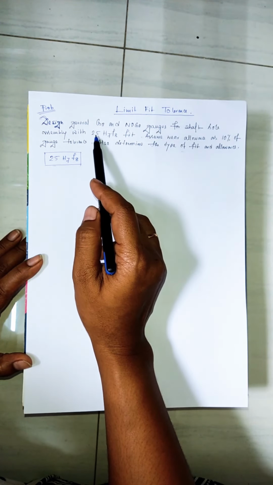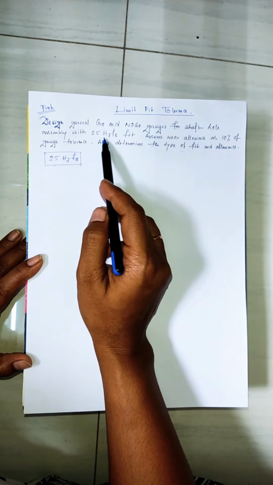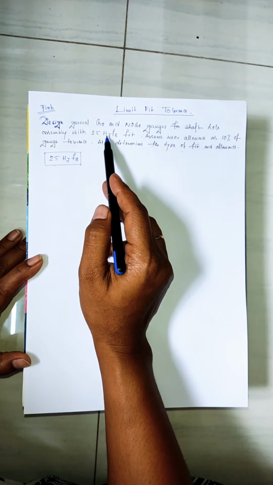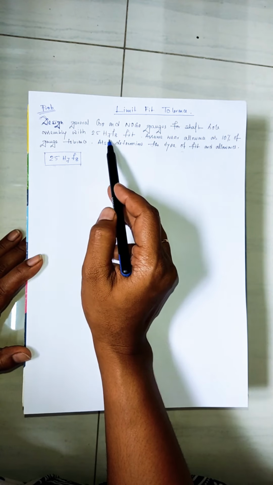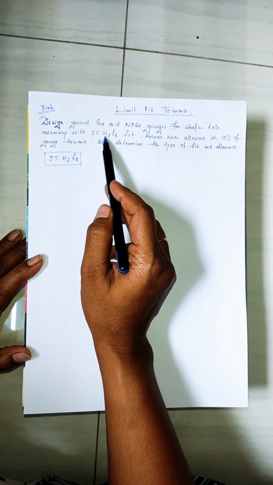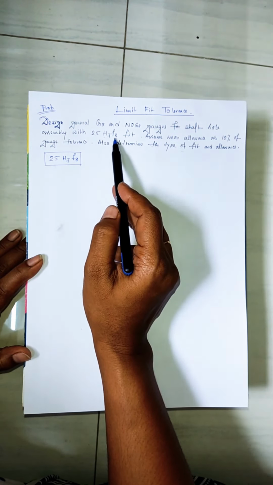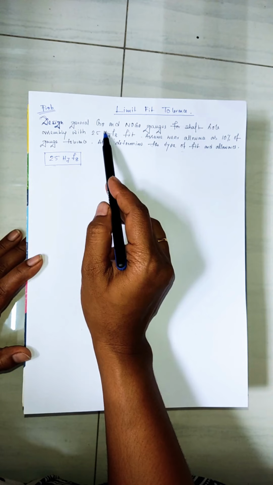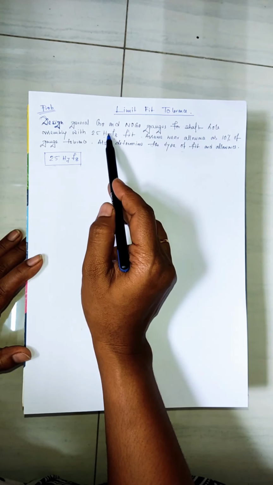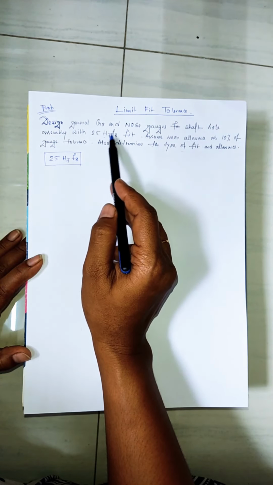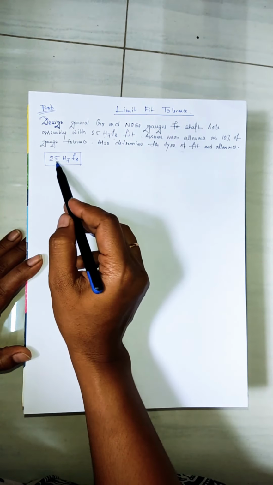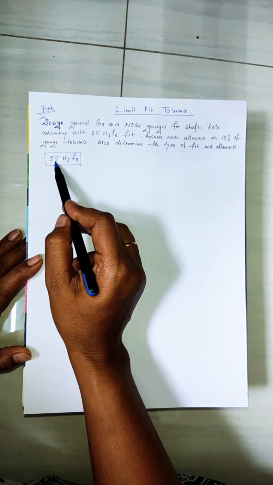So first of all, 25 H7 and F8 is a type of fit. हम लोग जानते हैं कि H7 and F8, capital H for the hole and F for the shaft. So hole and shaft assembly, this is the sign. A capital H is the sign for the hole, and F is for the shaft. So 25 is a basic size actually.